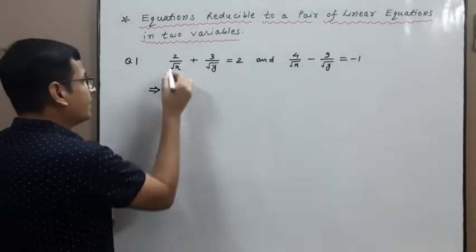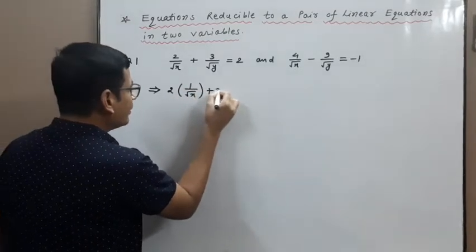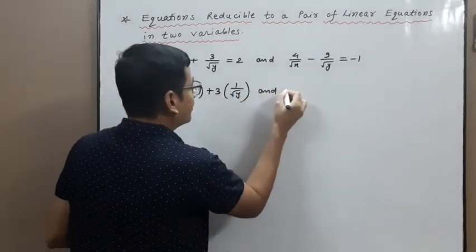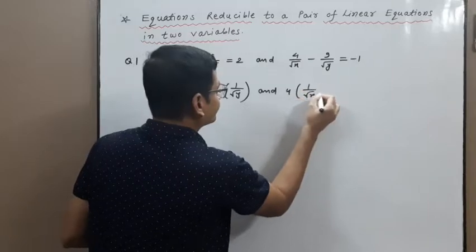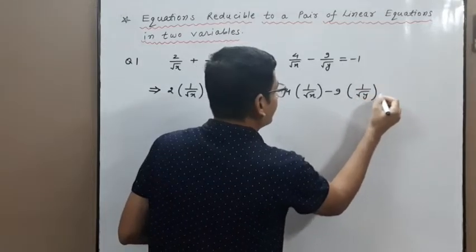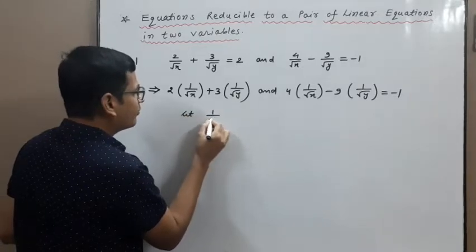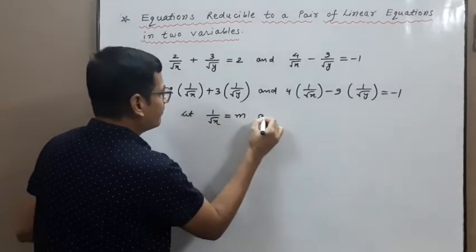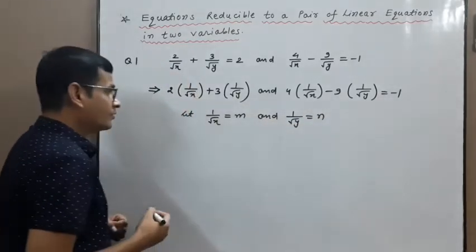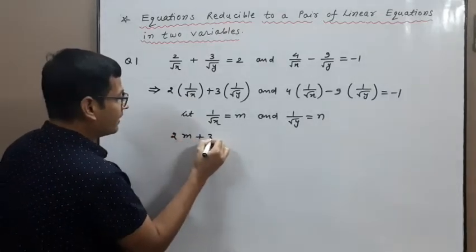So first step, we can write 2 into 1 upon root x plus 3 into 1 upon root y and 4 into 1 upon root x minus 9 into 1 upon root y is equal to minus 1. Let 1 upon root x equal to m and 1 upon root y equal to n. So the given equations are converted into standard form, 2m plus 3n